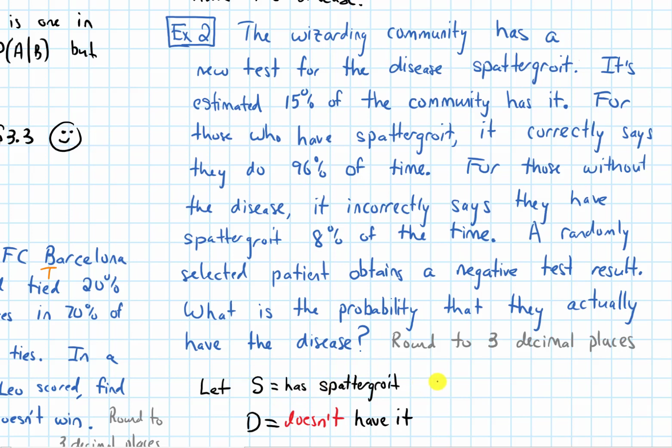And there's also the next stage about, does the test indicate that it's positive or does the test come up negative? So I'm going to let P be the event that the test shows up positive, and N is going to be the event that the test indicates that it is negative. Okay, so with that in mind,